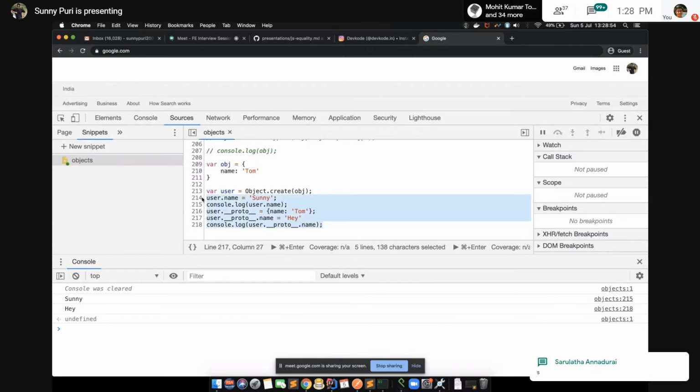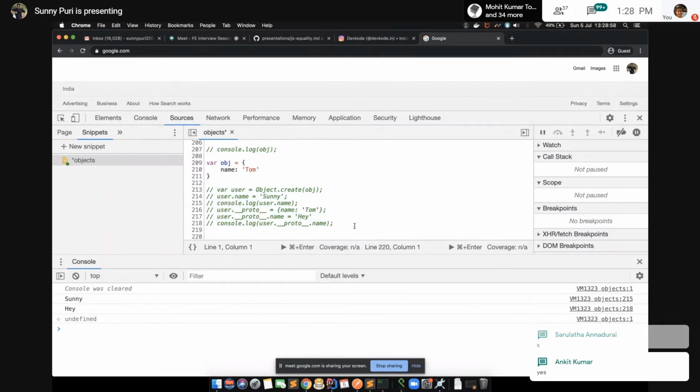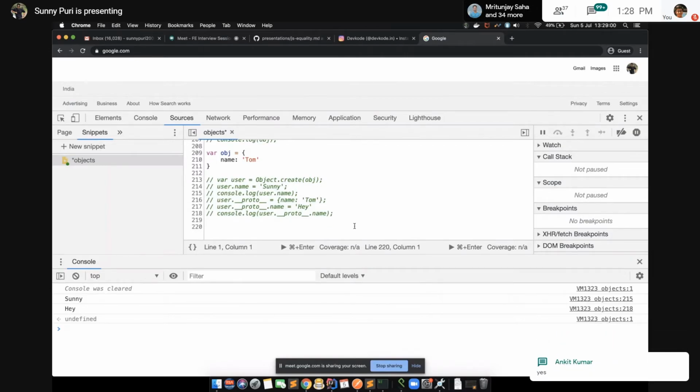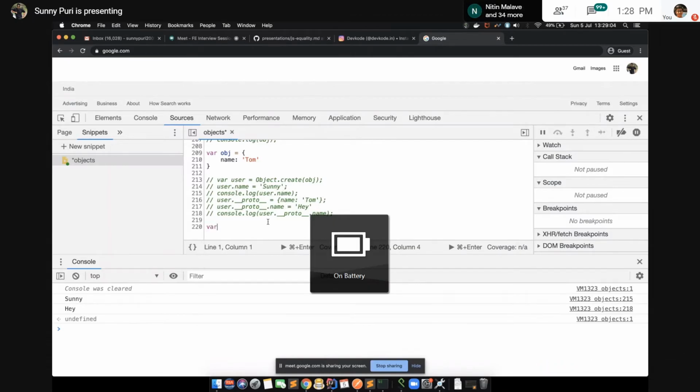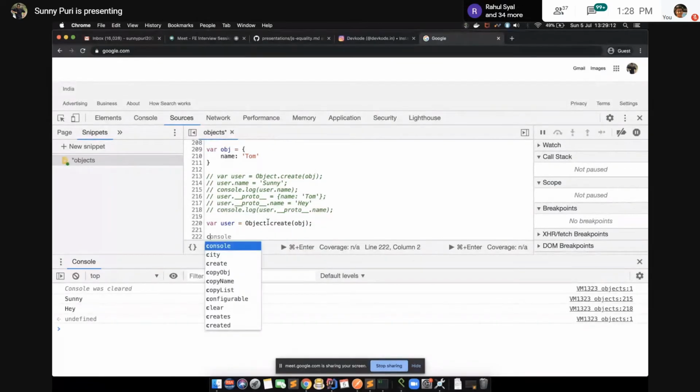What else in Object.create? Let's look into it. Let me do the same thing where user is Object.create, object, console it out.